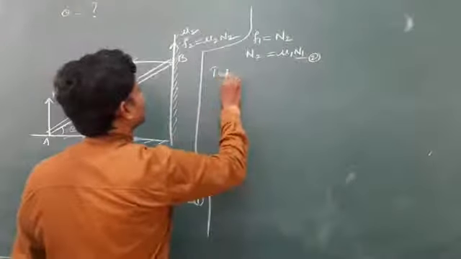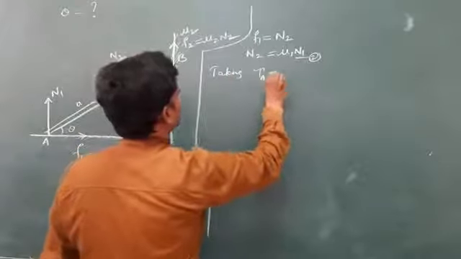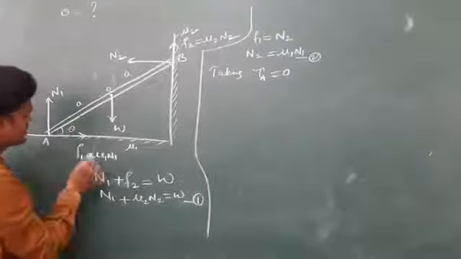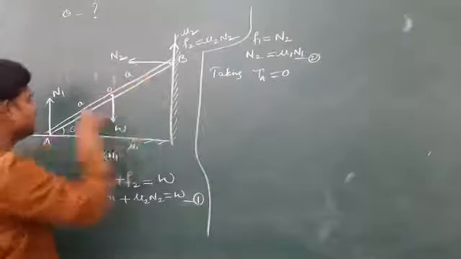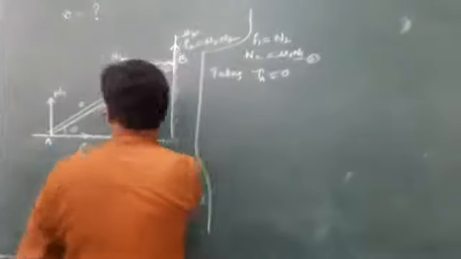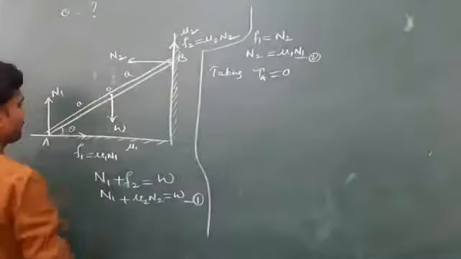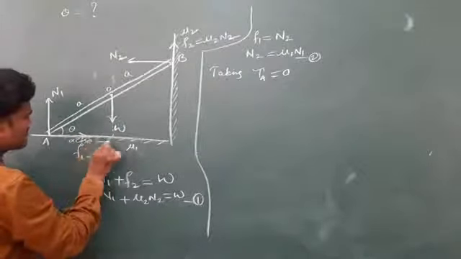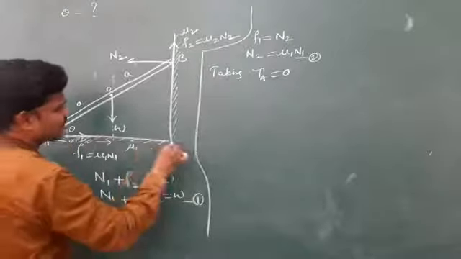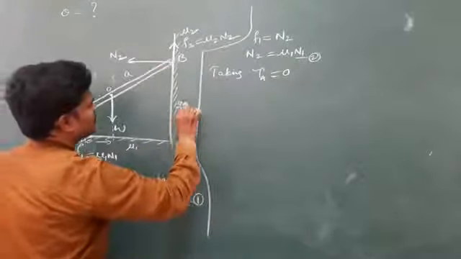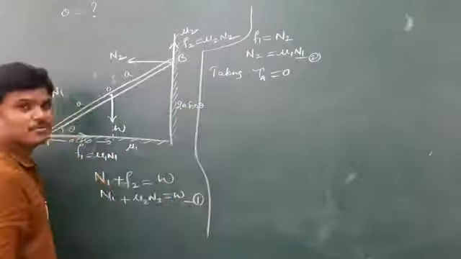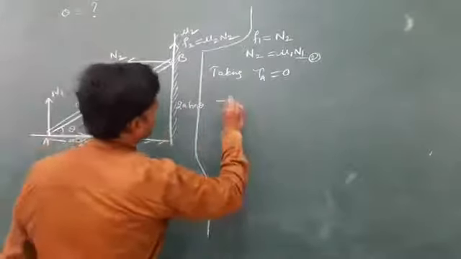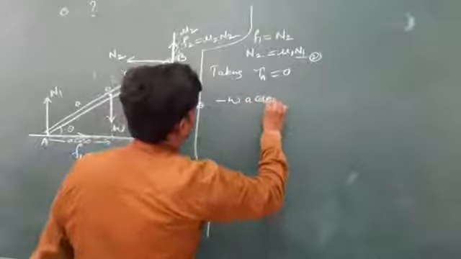Again, take torque. Taking torque about A is 0. Again, I am following the same process. This force does not create any torque here, and this force does not create any torque here. Only these two will create torque about A. So this is A, and this component is A cos theta, and the complete is 2A cos theta. From here to here is 2A sin theta. See, most of the problems are based on resolution. Now coming to the W. For this W, this is the right side, so it is minus W A cos theta.